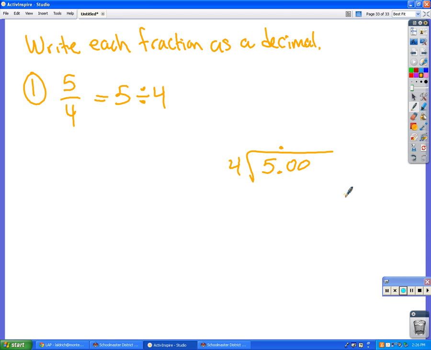Okay? So the decimal point of my answer goes right above the decimal point in the problem right here. All right? So now we're ready to do our division. How many times does 4 go into 5? Once. So then I go 1 times 4 is 4. Subtract 4 from there and get 1. And then now I'm going to bring down the 0. How many times does 4